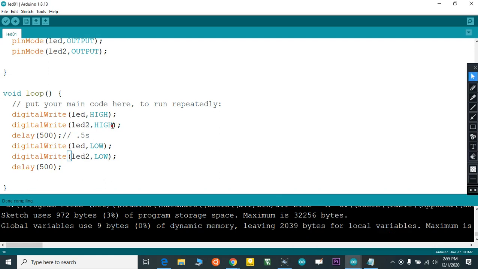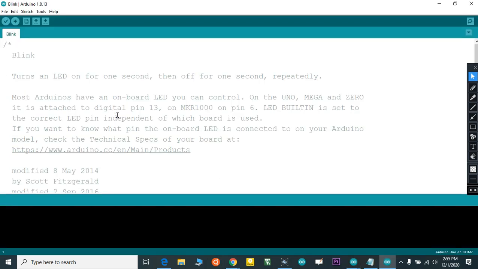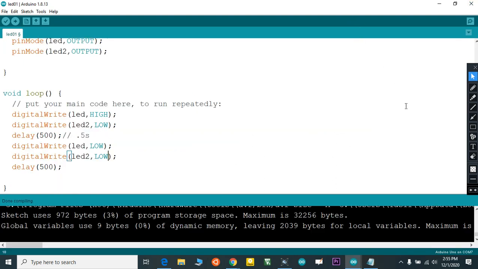I just set the first LED as high and the second LED as low. Then the first LED as low and the second LED as high. Okay, compiling.